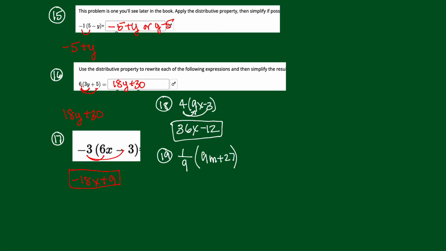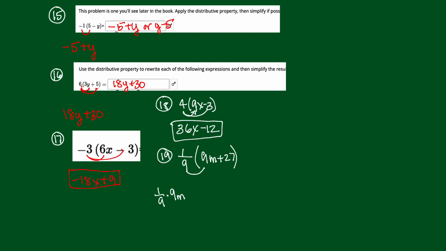In 19, we've just got fractions here, but let's not worry about that. Usually the way textbooks write these fractions, there's a lot of cancellation that goes on. So what I've got here is I've got this multiplication through an addition. So I'm going to write this one all out just because we have those fractions. So it's going to be, take the 1/9 multiplied by the 9m, so we will have 1/9 times 9m, and